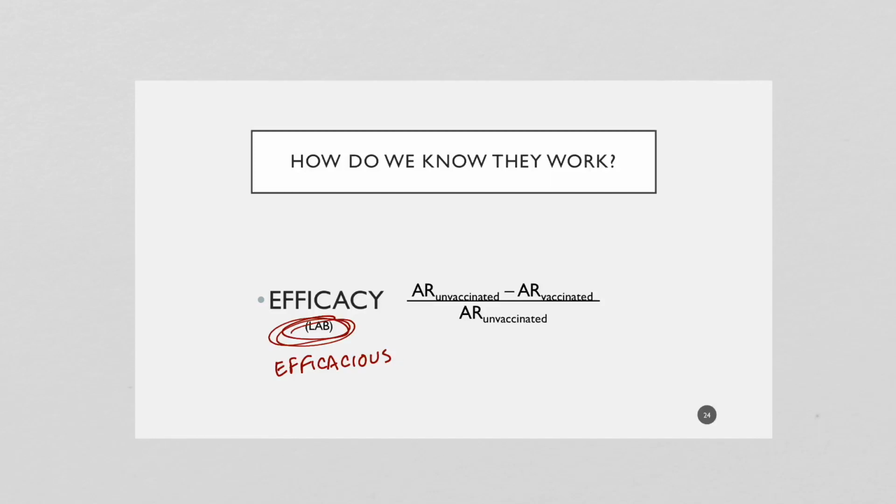So to calculate efficacy, we look at the attack rate, and the attack rate is equal to the number of people who are sick divided by the population, or the number of people at risk, right? Let's say that we're looking at a vaccine against the flu, and the number of people who got sick was 100 in our clinical trial of 300 people, and this is among the unvaccinated. And in the vaccinated, the number of people who got sick, hopefully we have similar numbers in vaccinated and unvaccinated in this clinical trial, but let's say that about 20 people got sick. And we divide that by the 100 over 300 again for the unvaccinated.